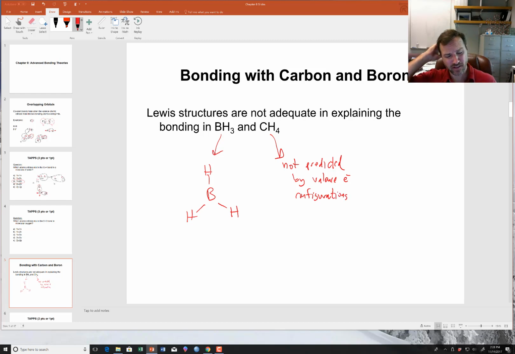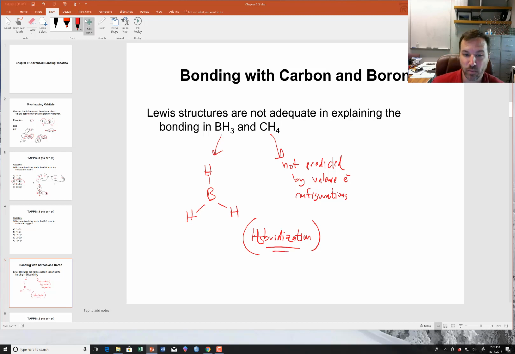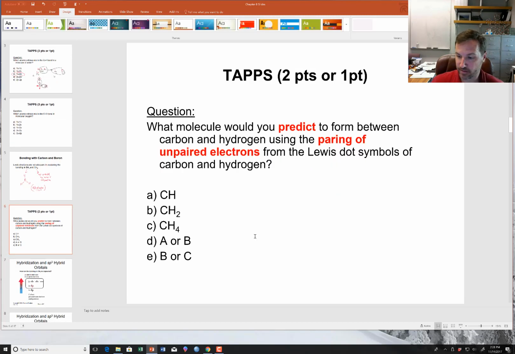And so we need this other bonding theory to explain how these molecules work. And this is where we use this hybridization theory to explain these two molecules. So when we did the problem in class,